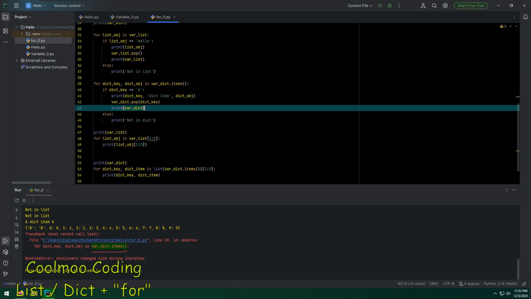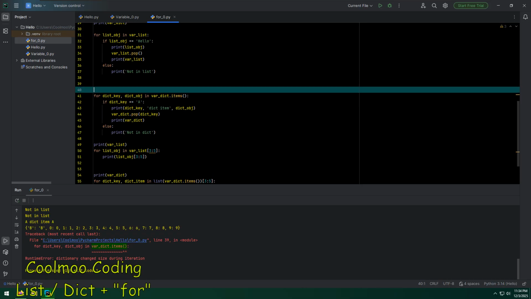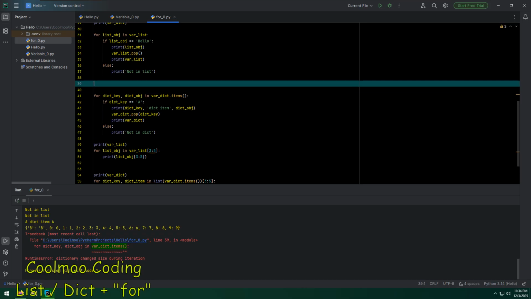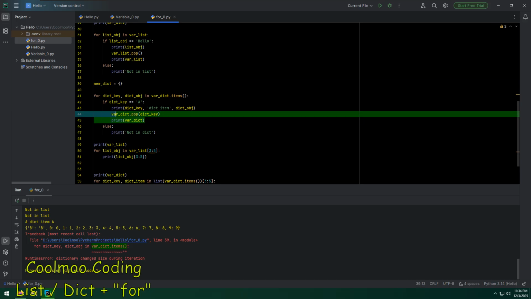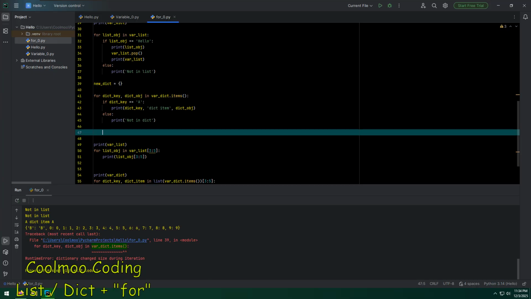So what you would want to do instead of just popping the dictionary key is go up here and make a new dictionary, which equals an empty dictionary. And then for every object, in this case at the very end,